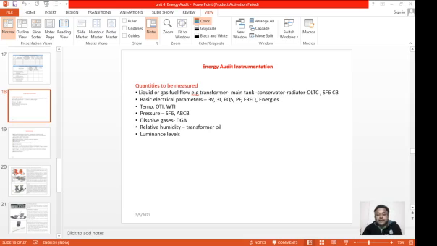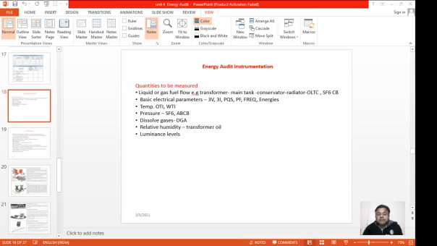for measurement of this oil flow. Second, there is a flow of gas in the case of an SF6 circuit breaker. When there is a fault, there is a separation of two contacts and a formation of an arc between the two contacts, and this arc has to be quenched, so there is a gas flow. The SF6 gas comes from the compression cylinder to the nozzles, and from the nozzles it is injected on the arc so as to quench the arc. So flow of gas is also important in such equipment like the SF6 breakers that we have studied.